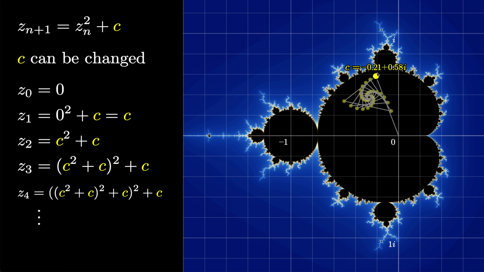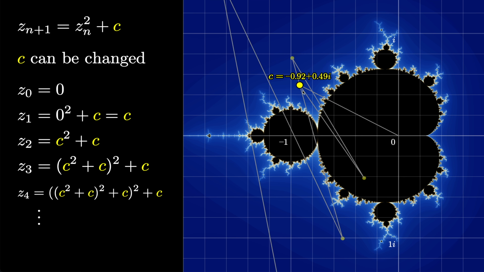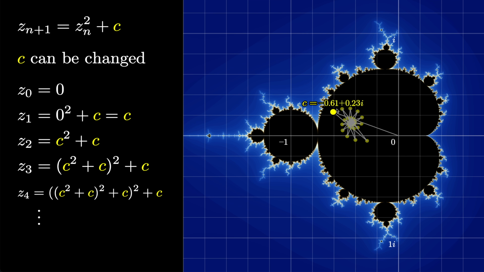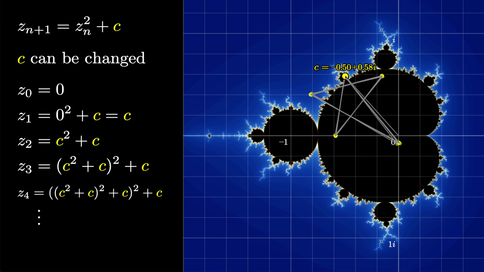What's nice about the Ben Sparks illustration is how it illuminates what each different part of the Mandelbrot set actually represents. This largest cardioid section includes the values of c so that the process eventually converges to some limit. The big circle on the left represents the values where the process gets trapped in a cycle between two values. And then the top and bottom circles show values where the process gets trapped in a cycle of 3 values, and so on like this. Each one of these little islands kind of has its own meaning.